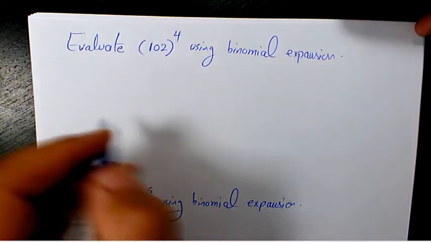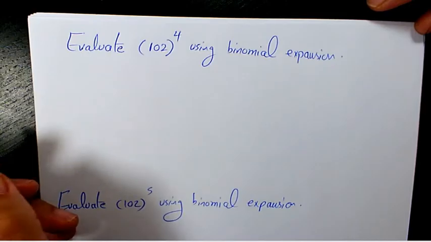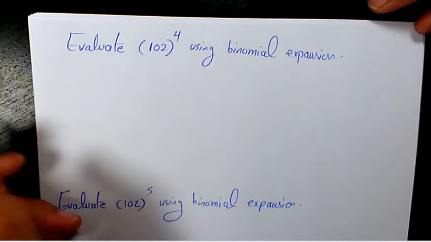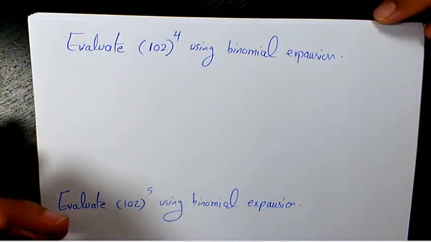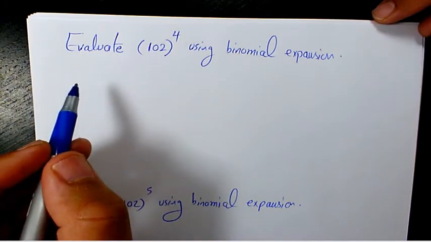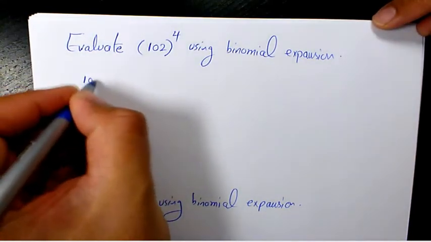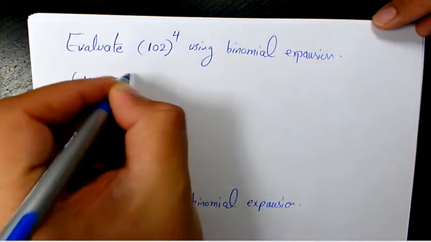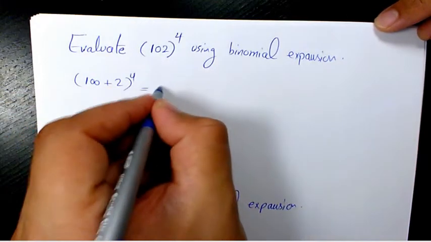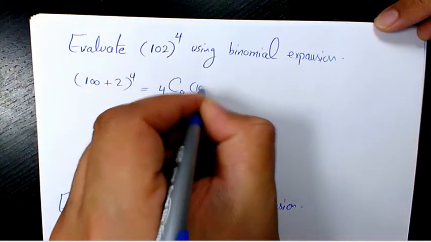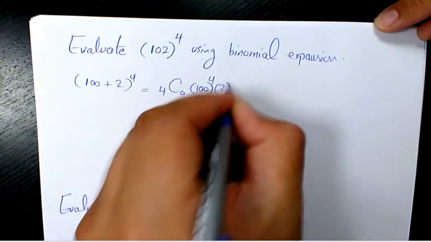Welcome to another video. In this video I want to show you how to evaluate 102 to the power of 4 and 102 to the power of 5 using binomial expansion. So first of all, 102, I'm going to write it as (100 plus 2) to the power of 4, which will be 4C0 times 100 to the power of 4 times 2 to the power of 0, plus